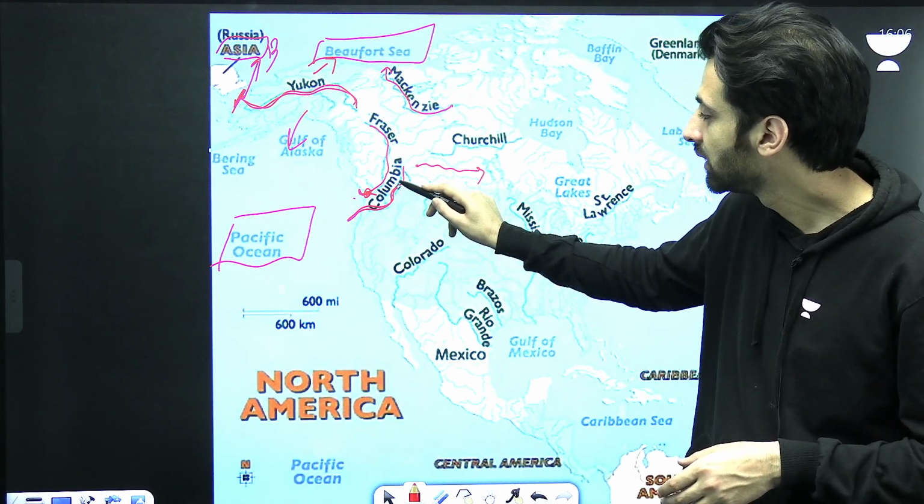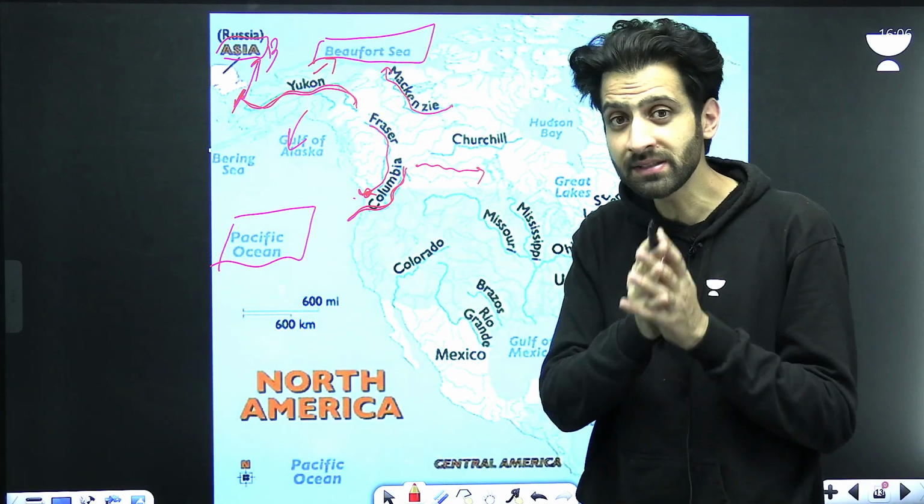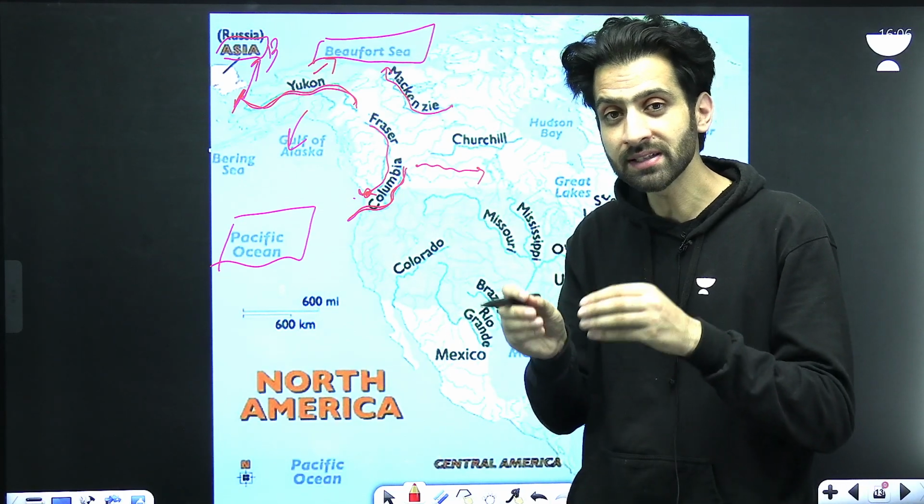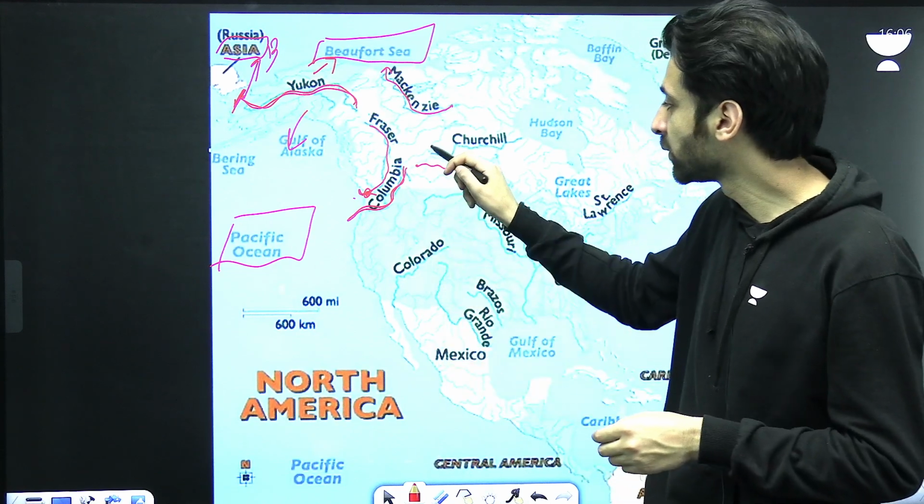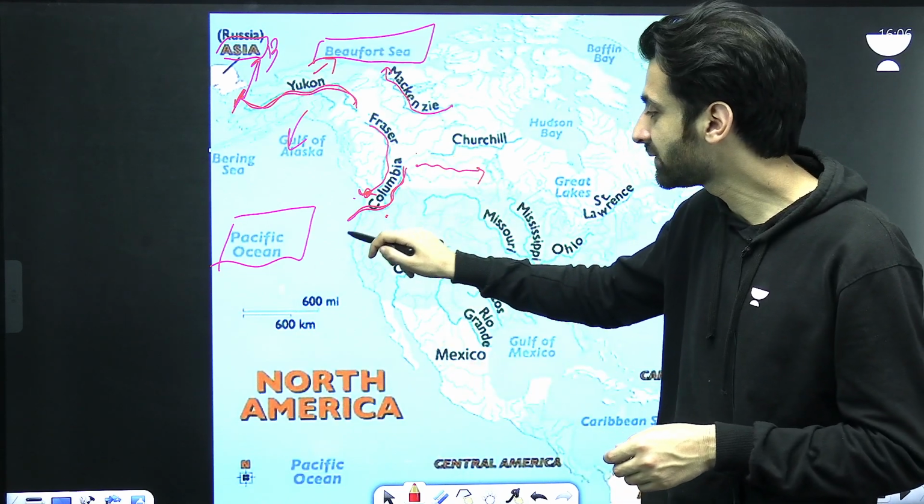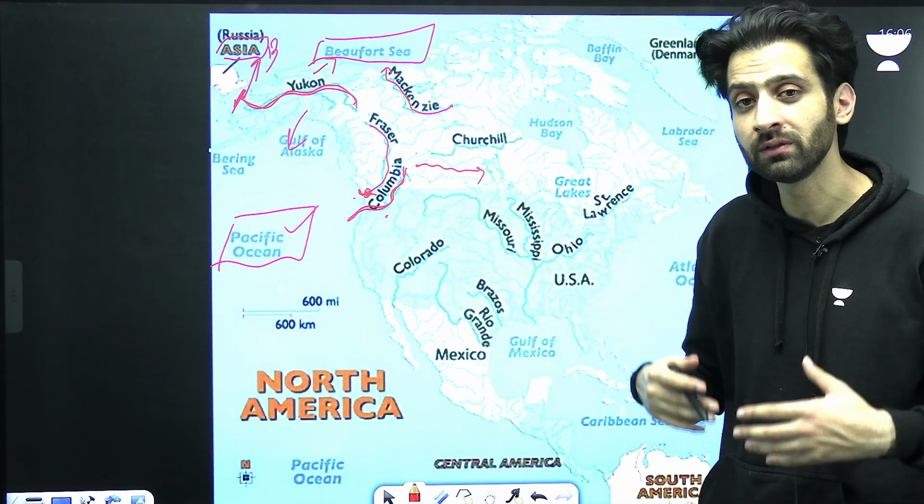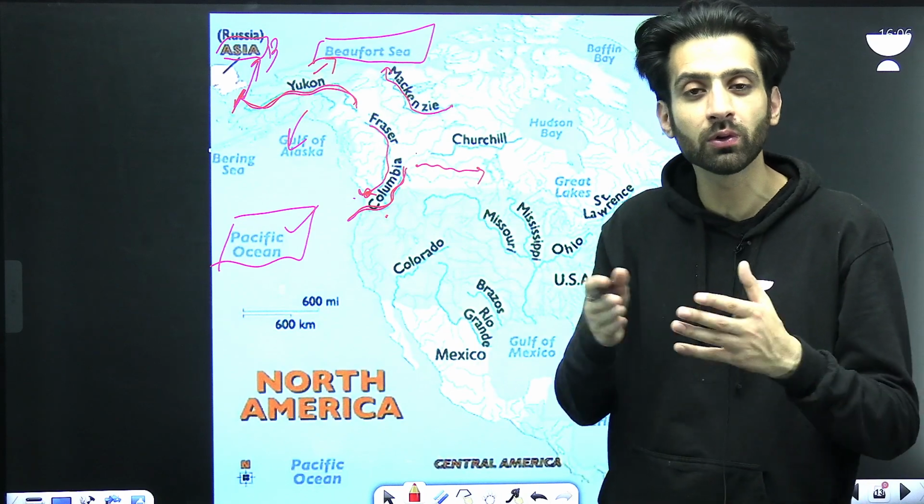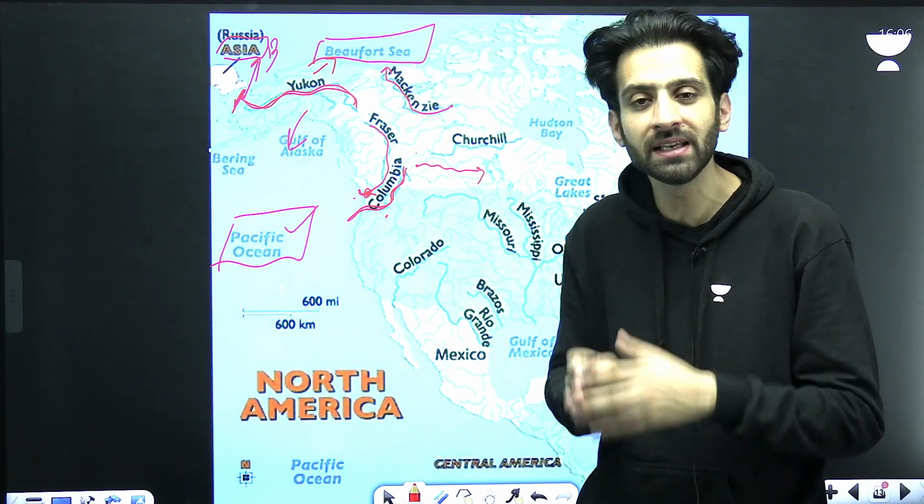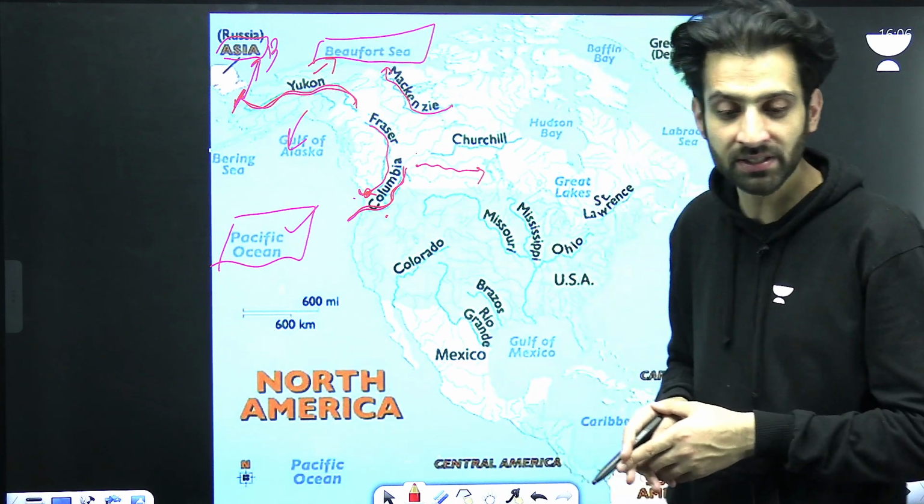Then we have one more important river, that is River Columbia. This is River Columbia. Again, this is very important. Why? Because it is a transboundary river. It flows from Canada, then into US, and finally into Pacific. So you should know where it flows into, in which continent, in which sea or ocean or lake it empties itself. So it empties itself into,